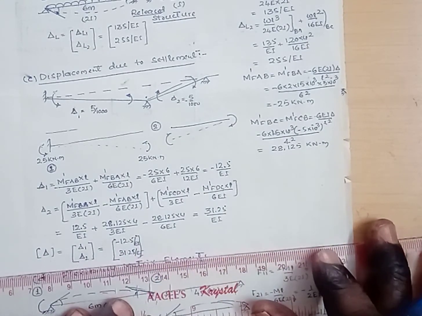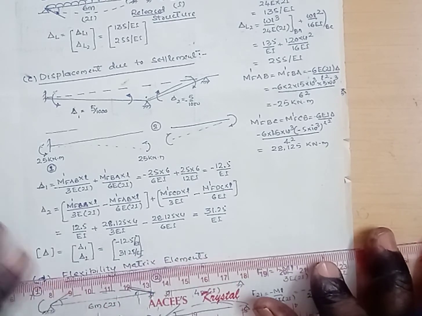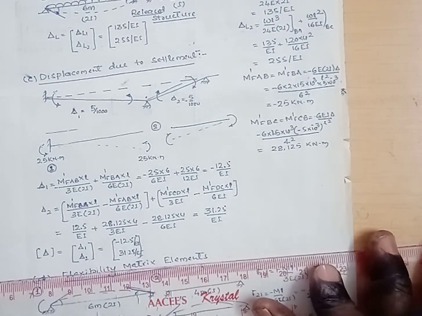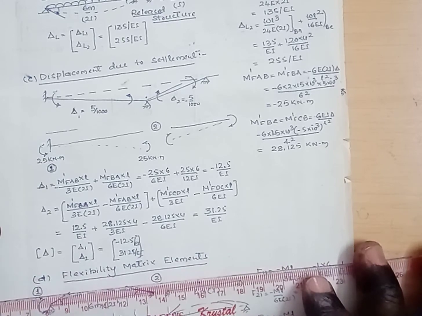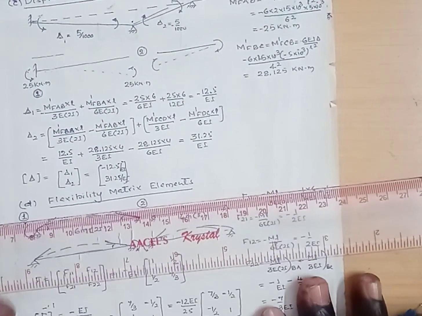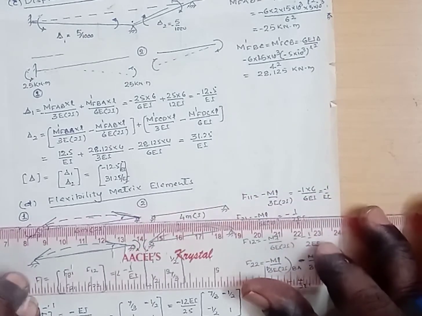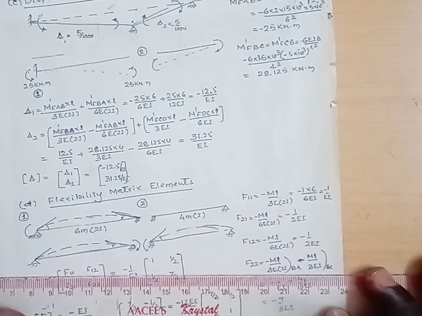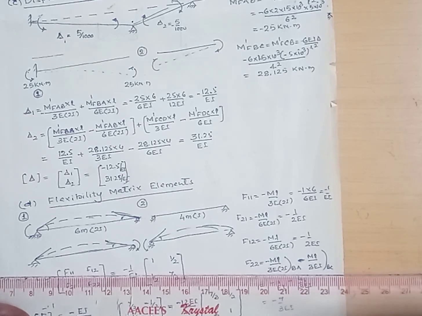This one is the displacement matrix due to the sinking and settlement of the support. Now we can calculate the flexibility elements. To get the flexibility matrix or flexibility elements, we have to remove all the external loads and draw the stable